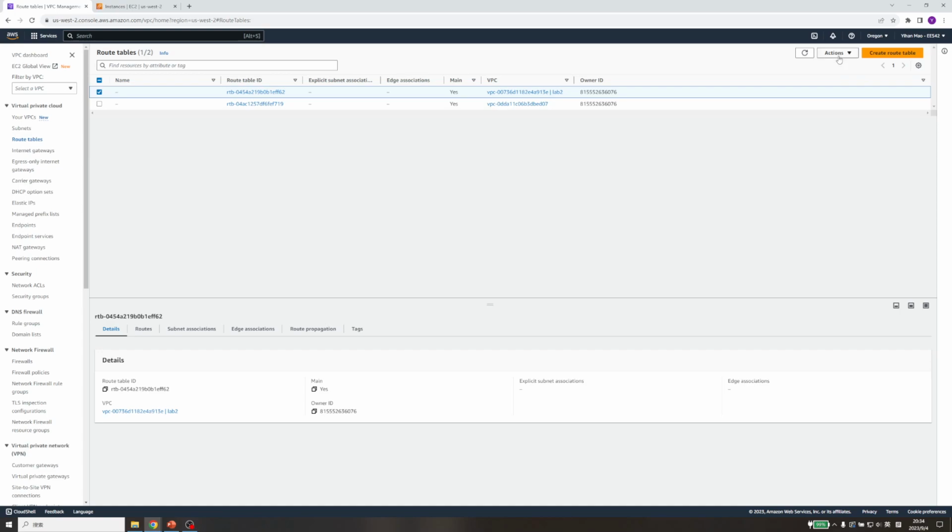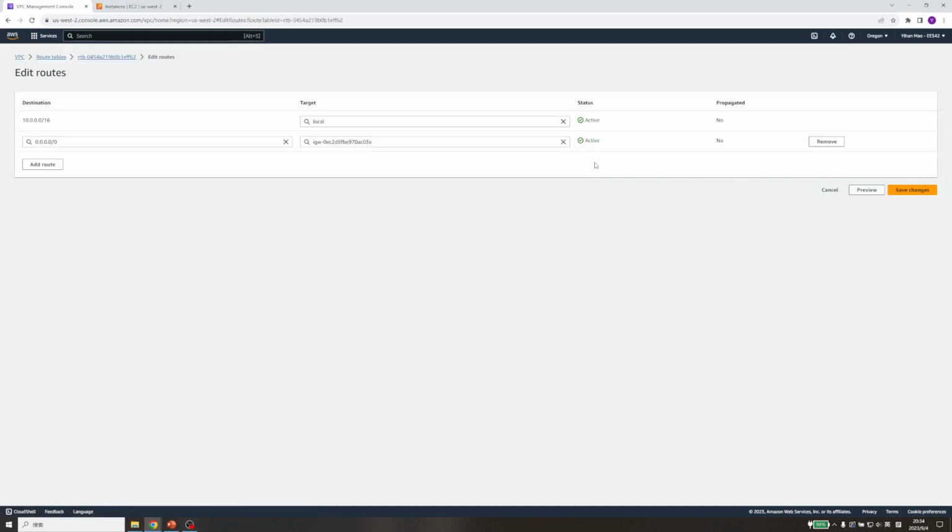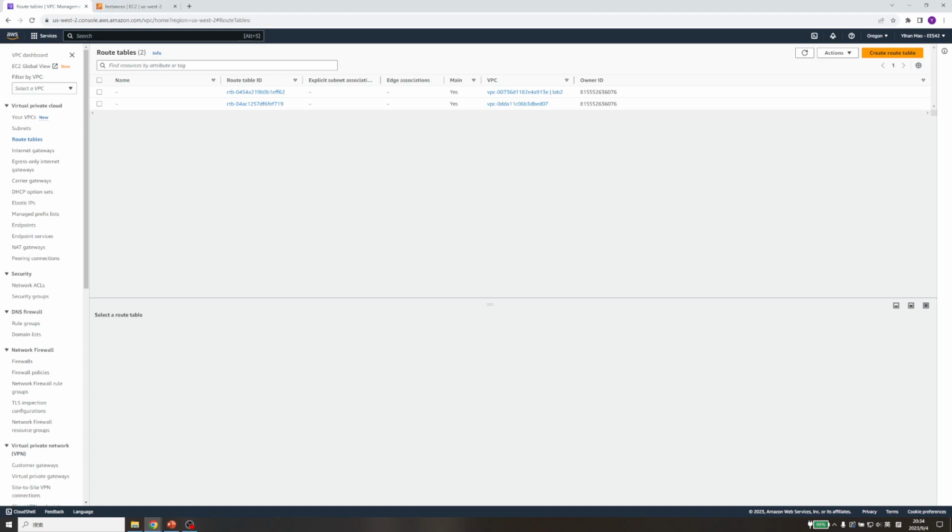After it is created, do actions, edit routes, and enter this line, 0.0.0.0/0, with the target being the lab2 internet gateway. Click save changes, so we can select it. After we do this, VPC, subnets, route tables, and internet gateways,